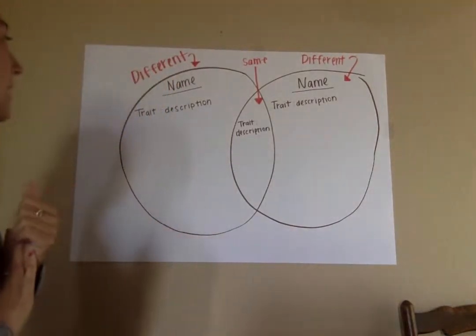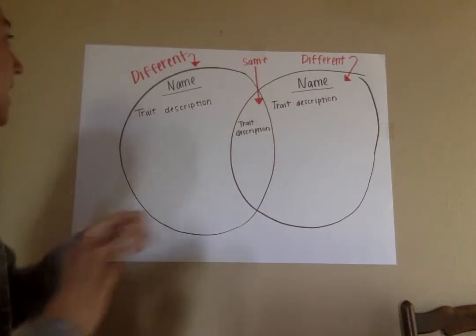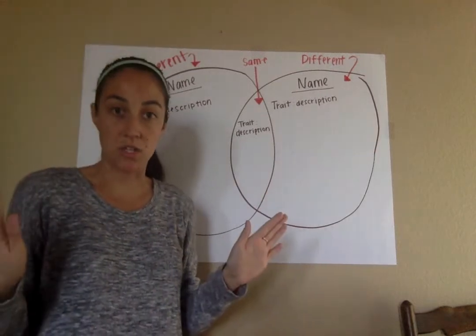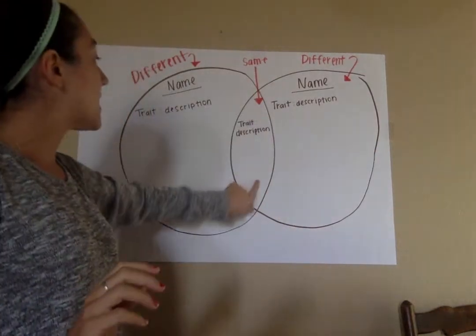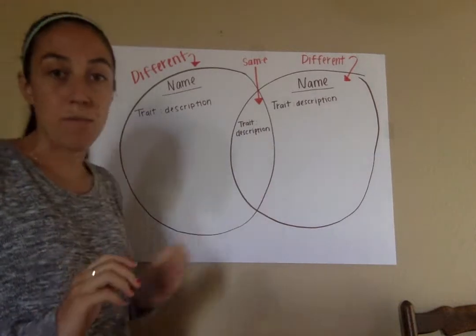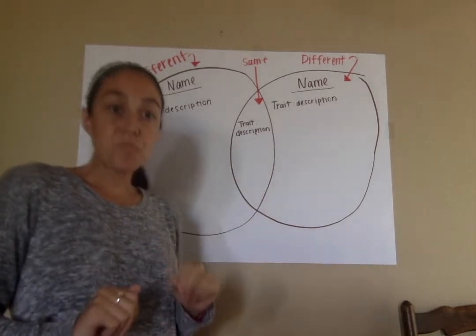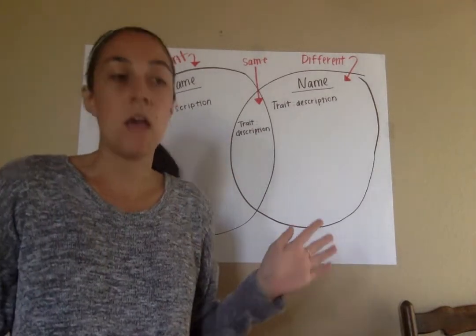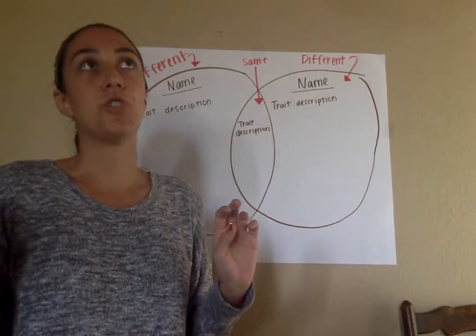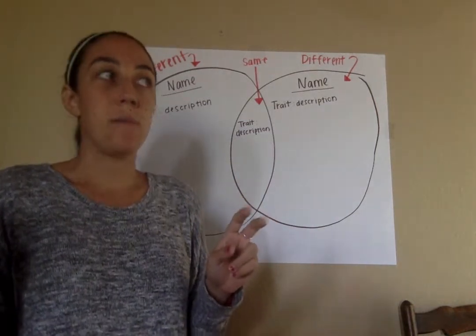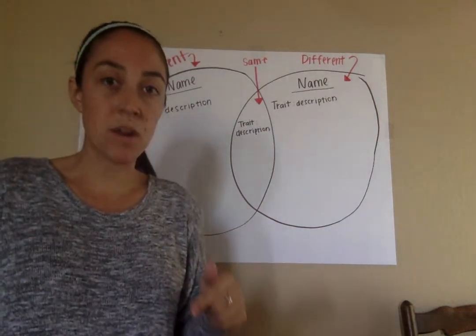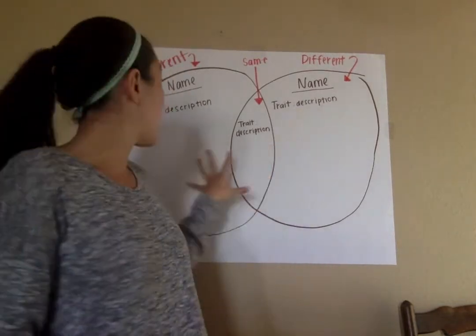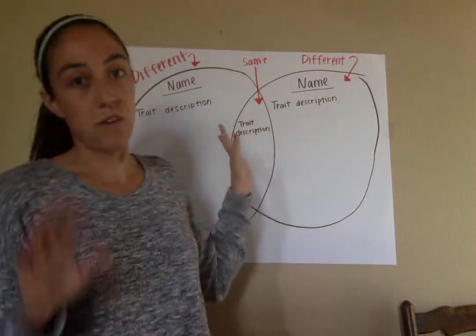So for a Venn diagram, I really want to stress that on the outsides are what are different from the two characters that you are going to choose. On the inside is what is the same. So for today's assignment, you're going to choose two characters from the story, any two that you want. I would highly suggest that you choose two that have been talked about a lot more in the story, because you're going to have a lot more traits and evidence to put on your graphic organizer or your Venn diagram